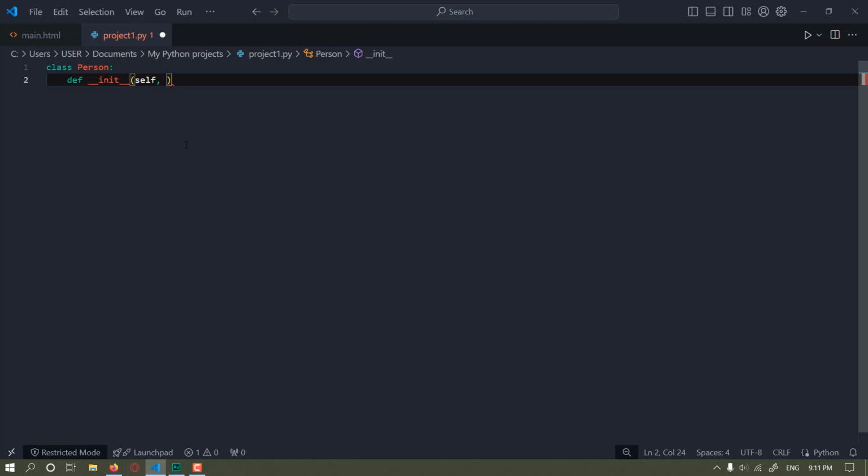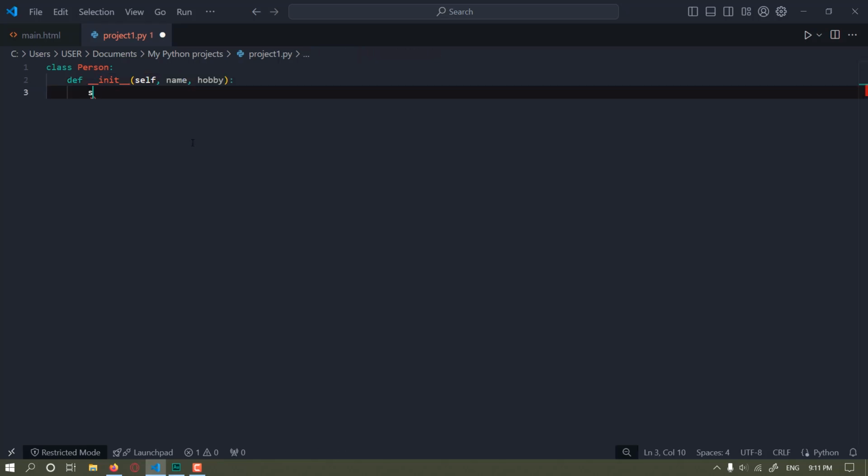You don't have to use self, but for the purpose of clarity, just convenience, I'm going to use self, but you can substitute it with anything that you deem suitable. So it's like ABC or like this person or whatever you want. And I'm going to give this person, let's say, name and hobby. So self.name equals name,